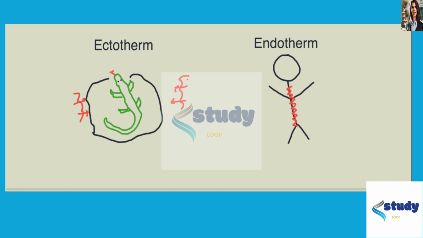Thus, if we sort of zoom out from our two examples, endotherms, as a result of their needing to make their own heat sources within themselves through metabolic processes, they have to expend a lot of the energy they get from food. Thus, if we zoom out into the food chain as a whole, endotherms are going to use a lot more energy and transfer much less energy compared to ectotherms to the next trophic level. And if we go to our answer choices, the one that fits this description is option B, and that is